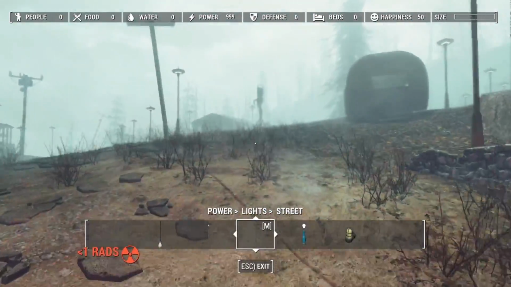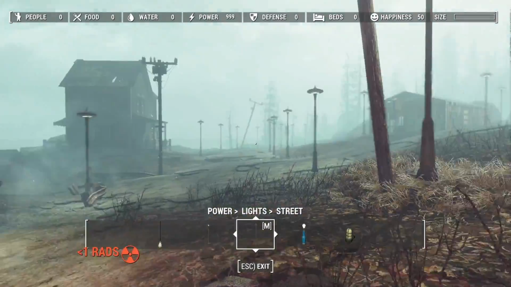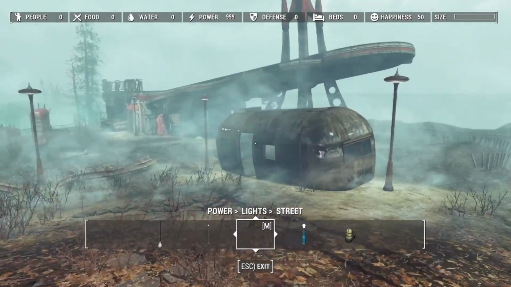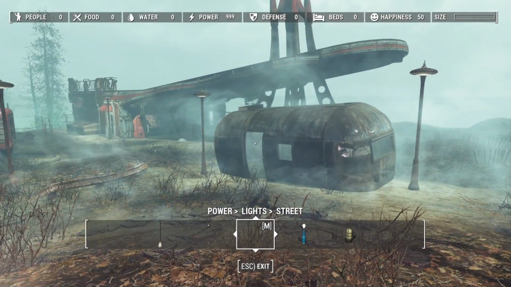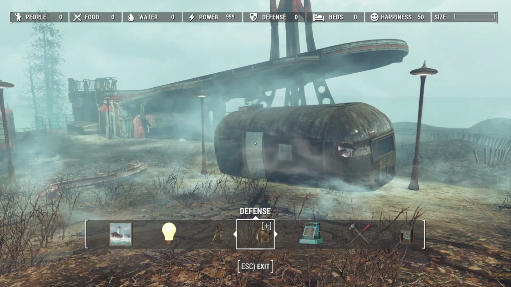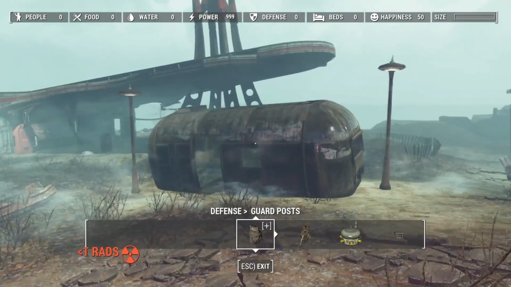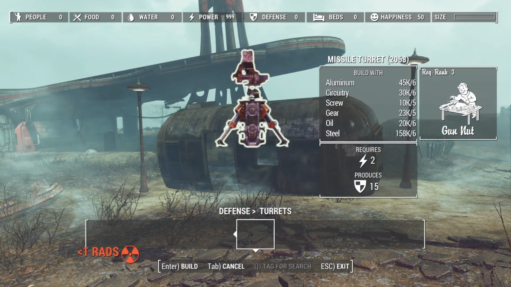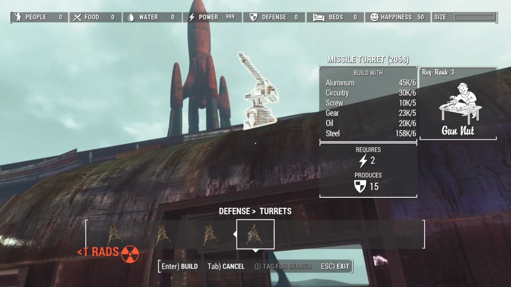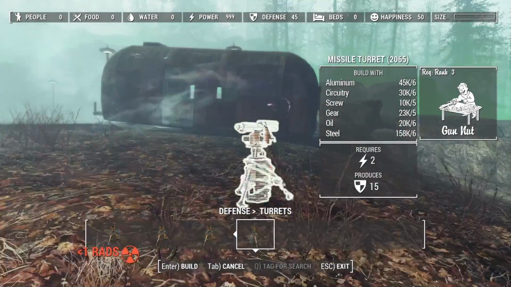Now, for defenses, this area is not really identified where the people come from, at all. So I think I'm going to do a bit more of a jury-rig tactical approach. Maybe? Possibly? Yeah, I think we'll do missile turrets in this one. And I think I can get away with just setting some turrets on top of,